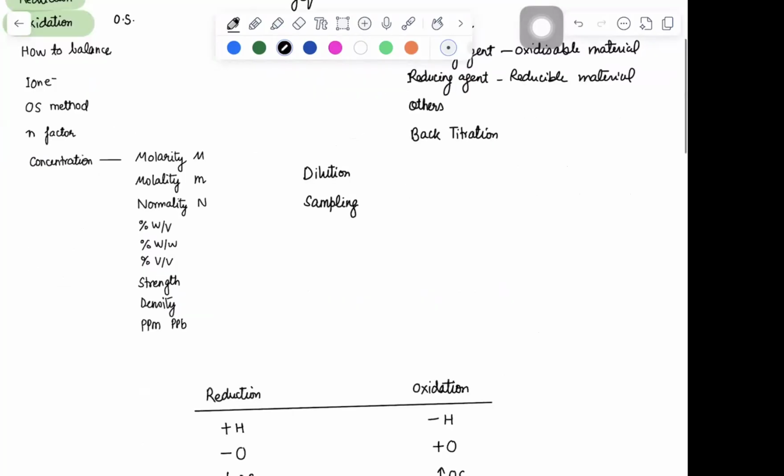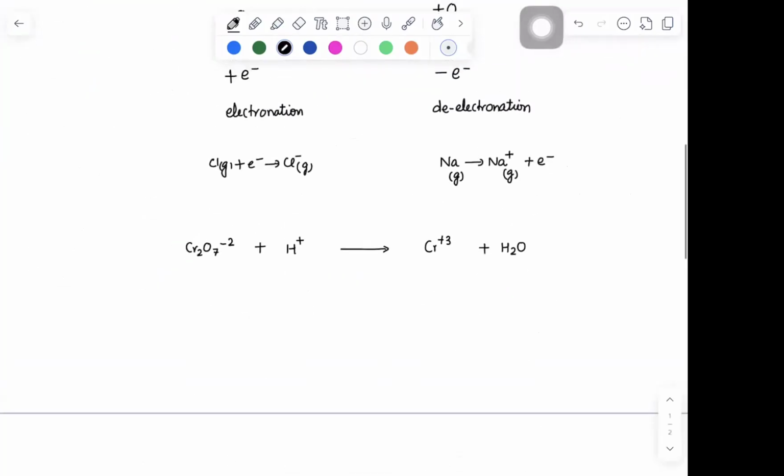So how do we balance this reaction? Anyone? If you have an idea how to balance? So we check the change in oxidation number. Tell me the balance, like how will the balancing be? What will be the coefficients? Just tell me that number. So for Cr it will be 6, I think. And for H plus it will be